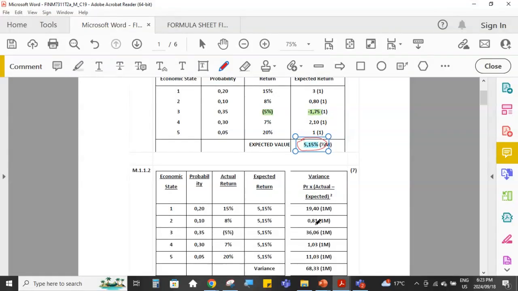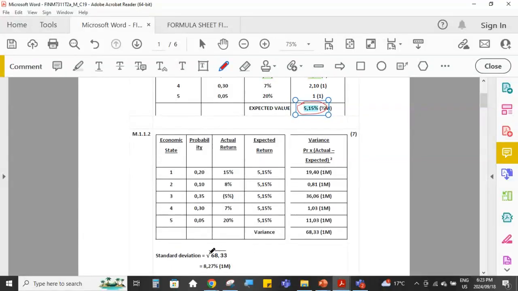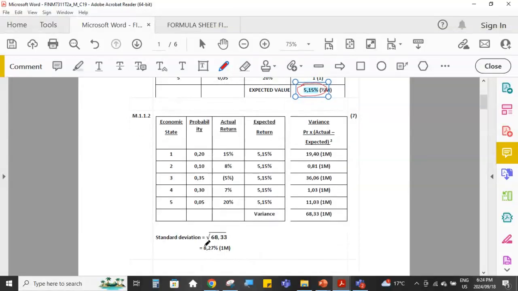So we repeat that calculation for each of the 5 lines, and then we sum those 5 totals, and then we take the square root of the sum of those 5 calculations. And your standard deviation is then that square root answer. The square root of 68.33 is 8.27. So the standard deviation for this asset is 8.27%. And if you've read through the text, which I hopefully you have by this time, you will remember that